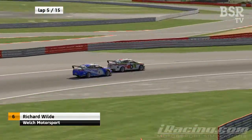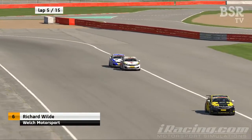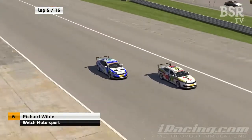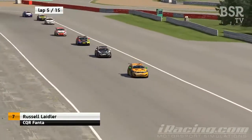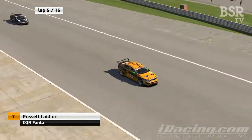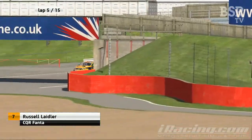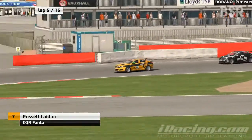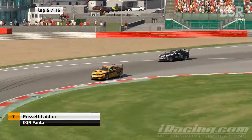Oh, and Hoog's gone. What's happened to Hoog? He's withdrawn from the race, he's out. No idea what happened to him, but that's a shame for him. So that pushes Russell Laidler up to 7th. And Laidler is now 4 seconds behind the main group at the head of the field, with a couple of